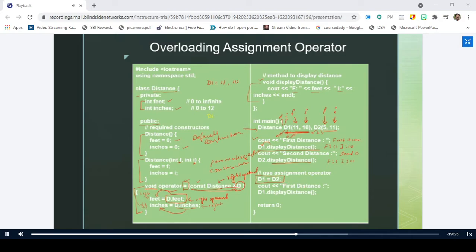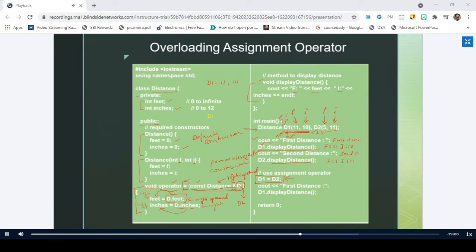Now, what is this statement? It is an assignment operator function call, where you are calling this particular overloaded function. In this, I am using the left operand. What is the left operand of this statement? D1. What is the right operand? D2. But what are we passing here in the function? We are passing only the right operand. That means this particular D is D2.